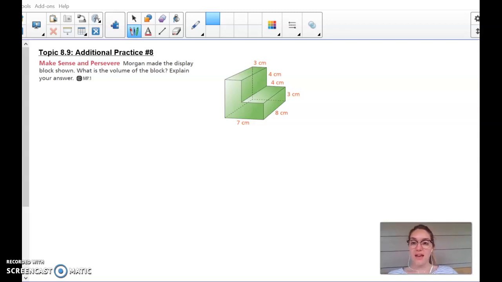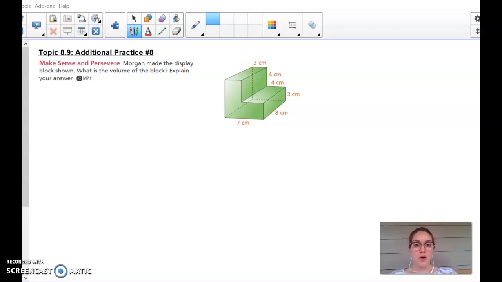All right, this is our topic 8-9, additional practice problem number 8. It says Morgan made the display block shown. What is the volume of the block, and explain your answer. So she made this block that's kind of an L shape, and you're trying to find the volume of the